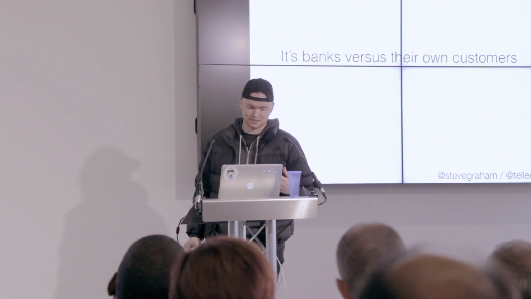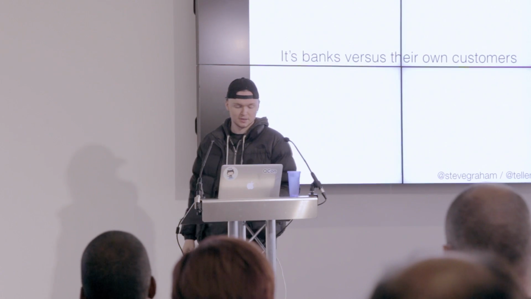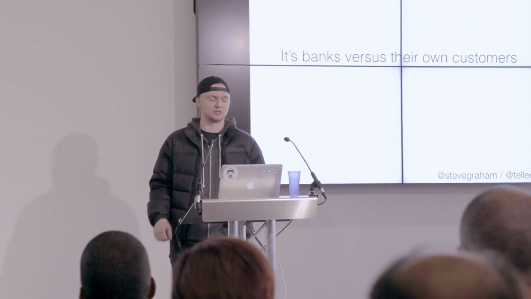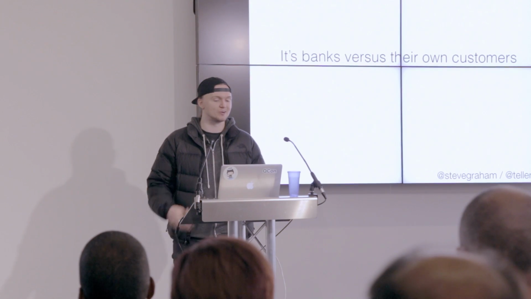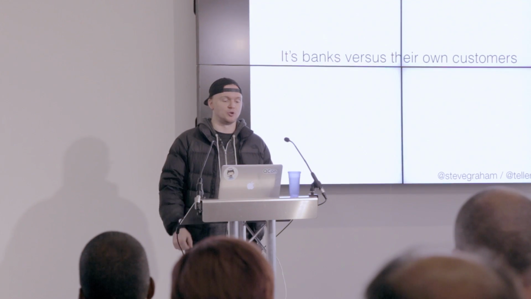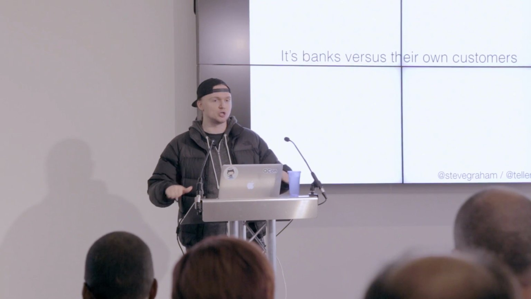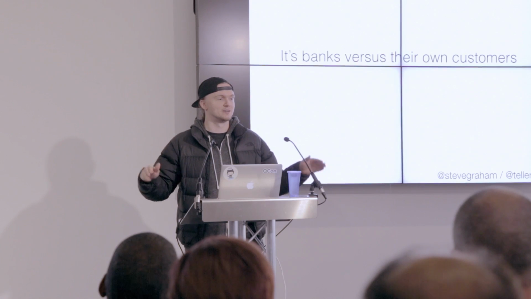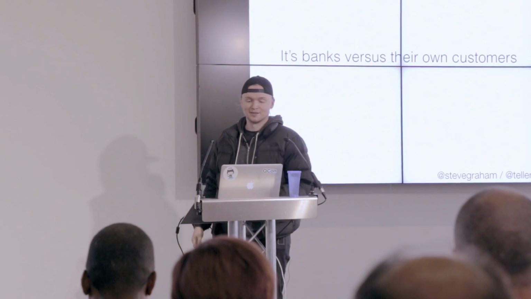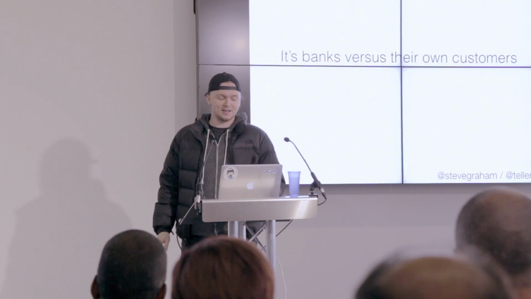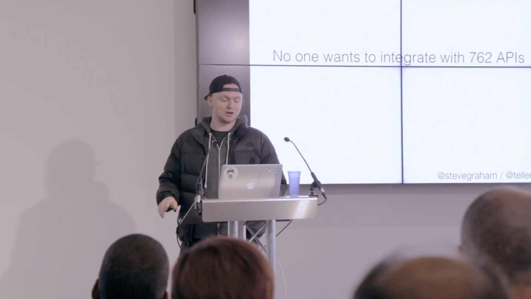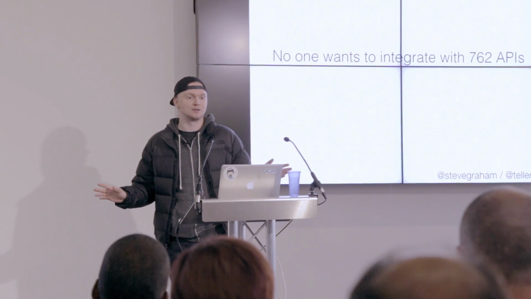So it's something that goes over the head of banks. It's a common theme in any highly regulated industry where it ends up being a de facto oligopoly, and they don't really need to compete with each other. There's this emergent phenomenon where they all just agree to be bad, and then they rely on the high wall to get into the game and just coin it in perpetuity. And assuming I'm wrong, no developer wants to integrate with 762 APIs. Sorry, they don't. They just want one.